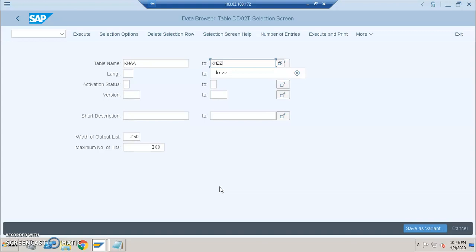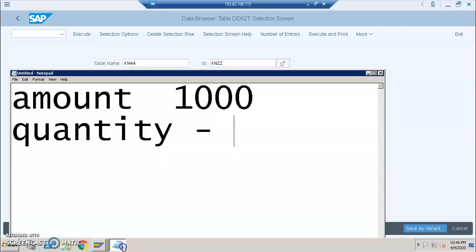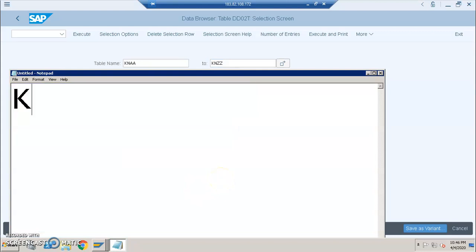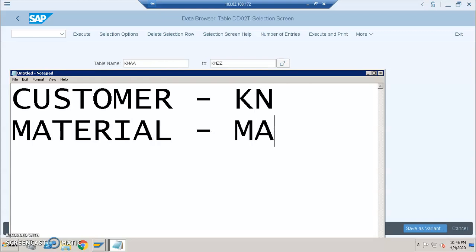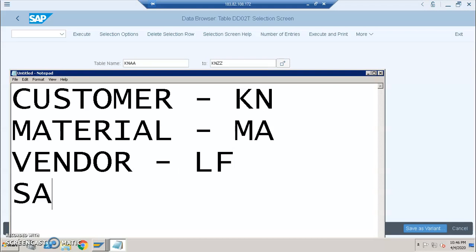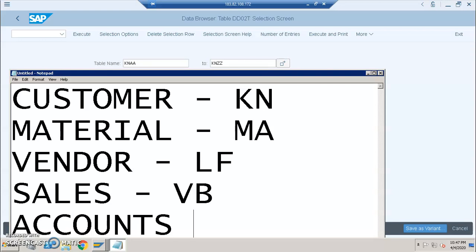So these are all the tables that I want to check, because I'm pretty sure that all the customer tables I'm searching for will start with KN, but I'm not sure how many tables there are in KN. So how do we predict that? If it is customer data, customer tables will start with KN, material tables will start with MA, vendor tables will start with LF, sales tables will start with VB, and accounts tables will start with